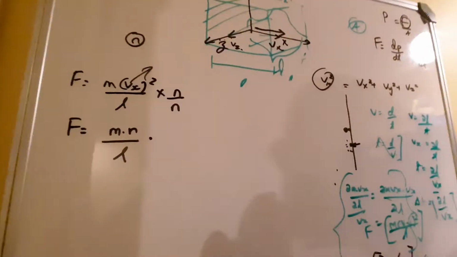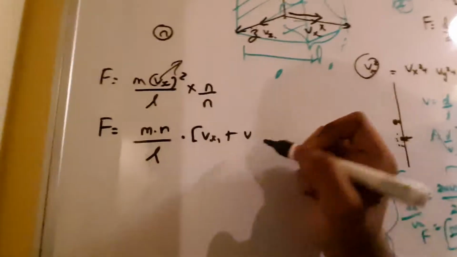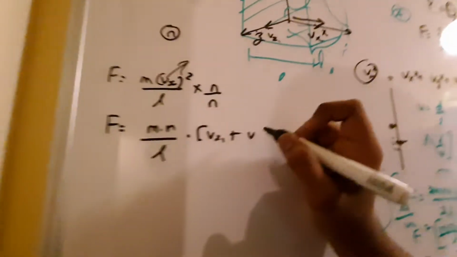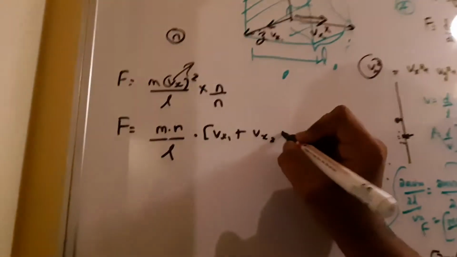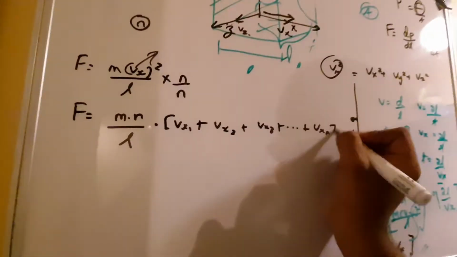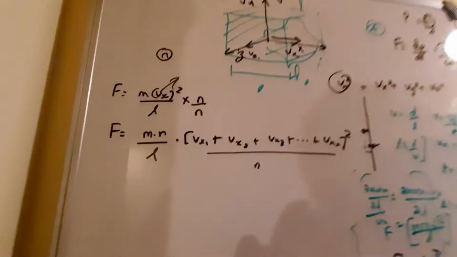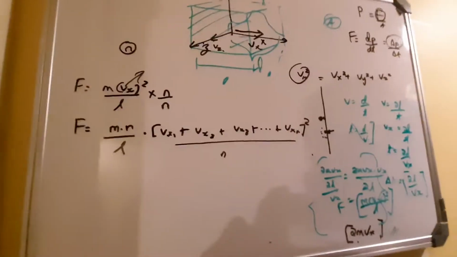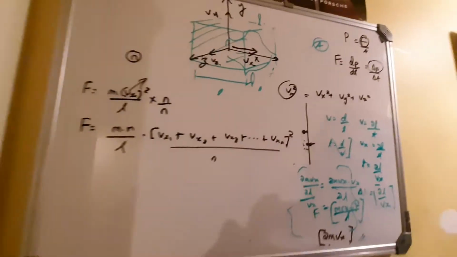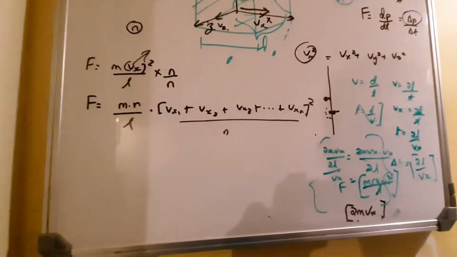I'm also going to write it in another form, that is (Vx1 + Vx2 + Vx3 ... + Vxn)² divided by n. So this is the more appreciated step, the more relevant step to be precise. What we are actually saying is that we have n number of particles or molecules moving in the x direction, but the magnitude of these velocities with which they are moving in the x direction need not be the same. So what I am doing right now is taking each of these velocities,